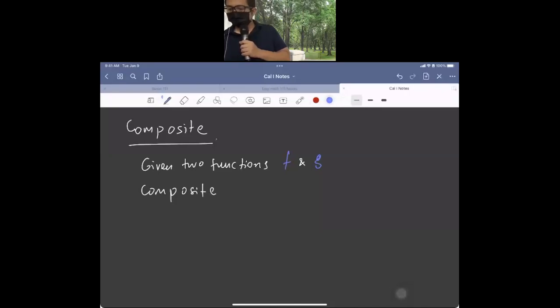We usually write the composite as f and then a circle. It should be smaller than the letter O, the correct symbol. The composite is defined by